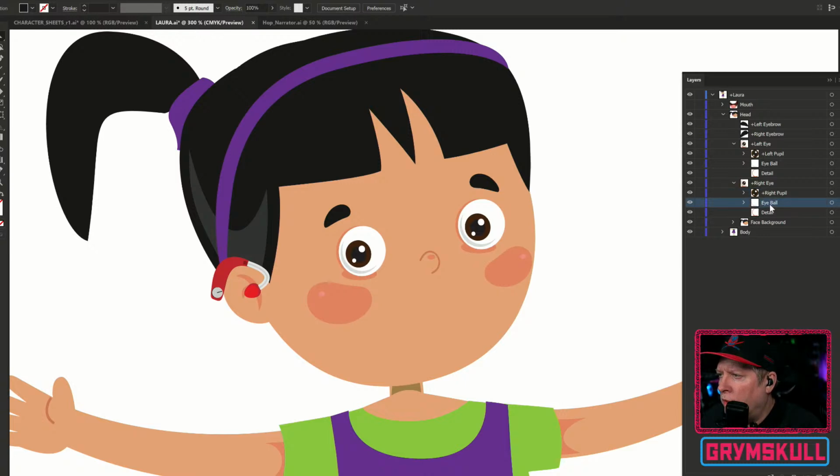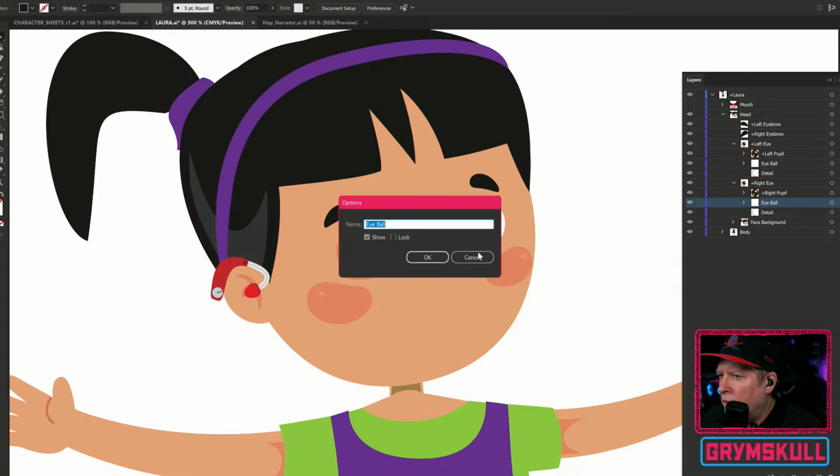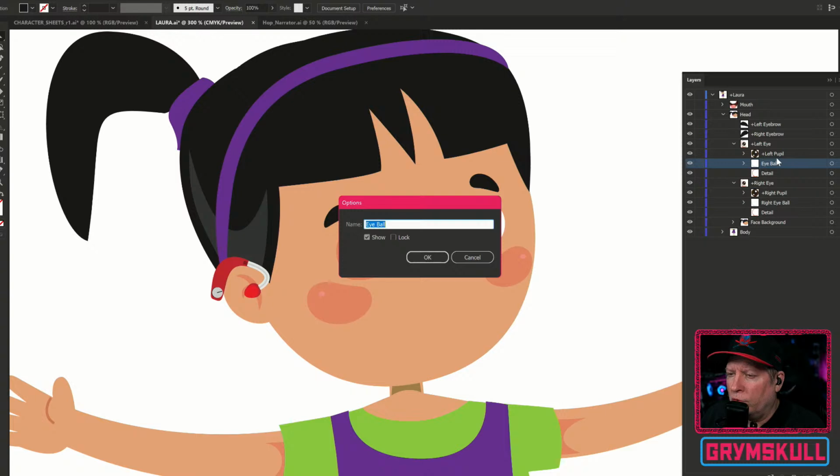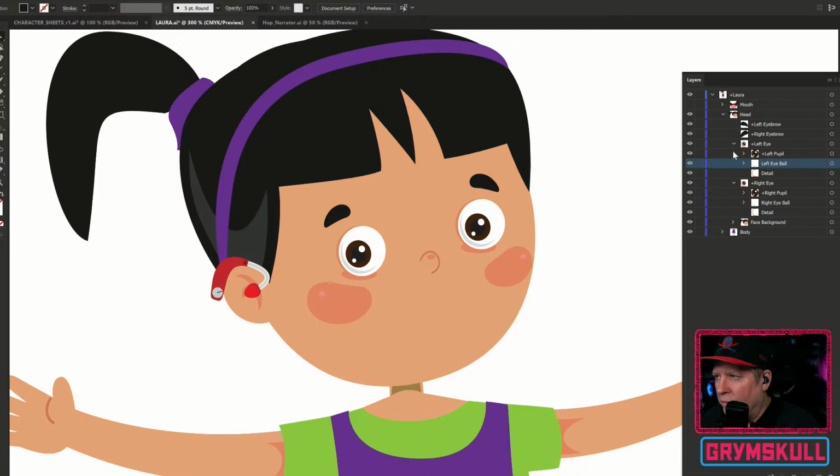We need to say this is the right eyeball. Do the same with the left. Again, very important to go through and make sure that everything is named.